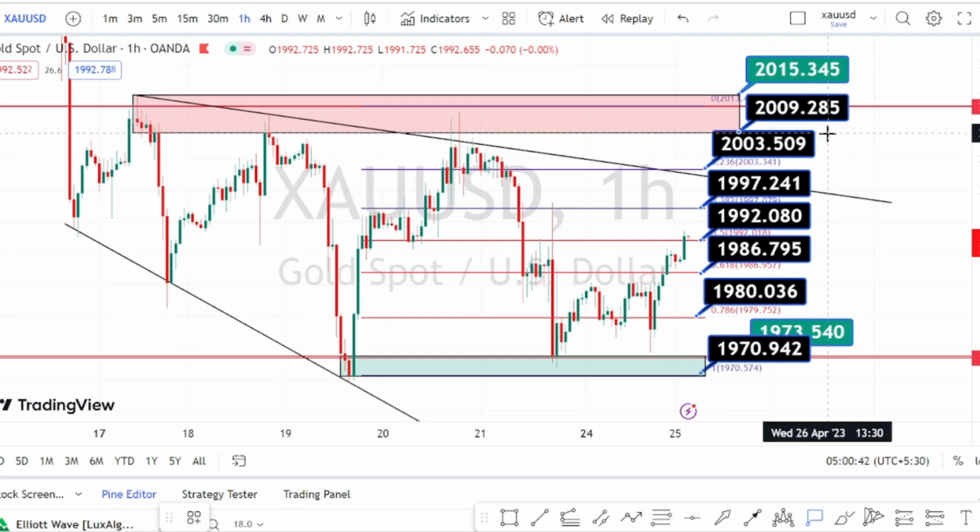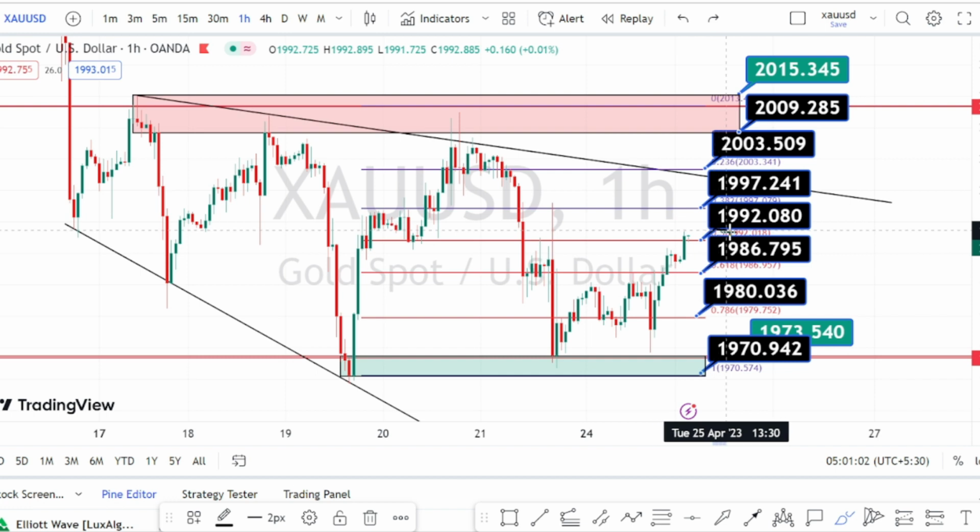The values within these black color boxes are the resistance and support levels for current price action in hourly time frame. Currently the price action is trading between a support level of 1992 and resistance level of 1997, and once